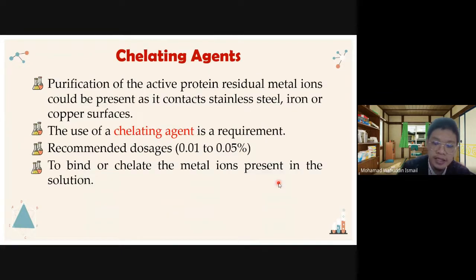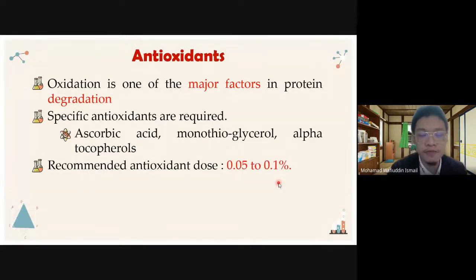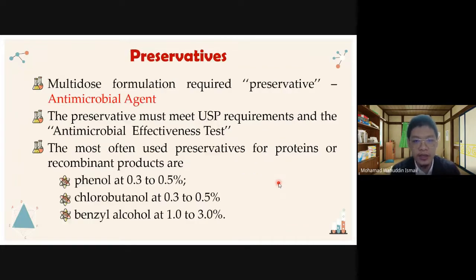And then we must add chelating agents related to the chelating of the whole system, usually EDTA, and then antioxidant and preservative, where the preservative is added if it is necessary. If it's not necessary, for example COVID-19 vaccines that are required to be kept in low temperature, low temperature is not a place for antimicrobials to grow. So maybe we don't need the preservative; it is an addition if required.